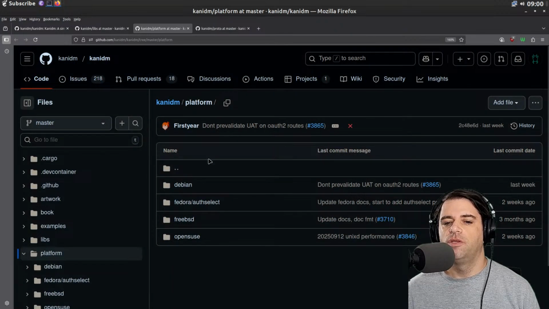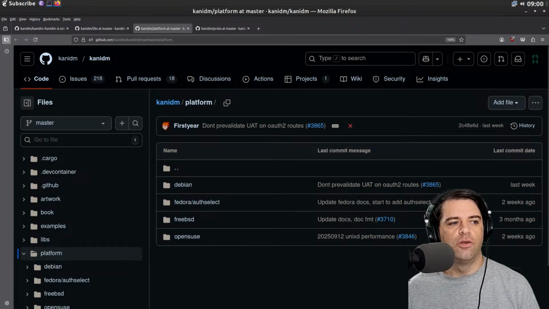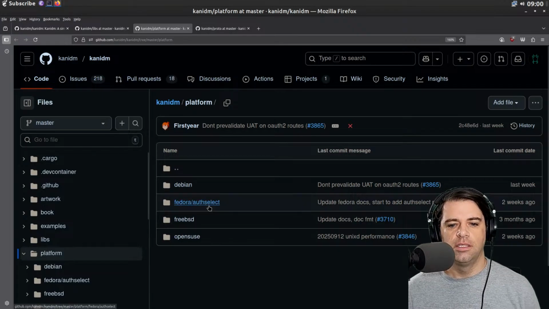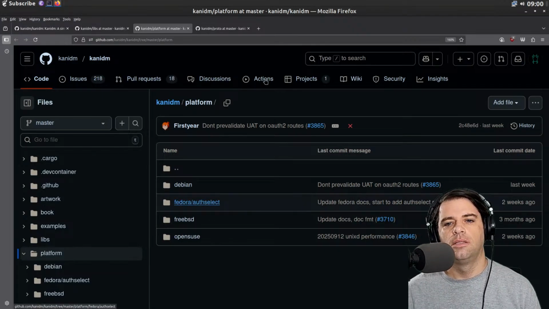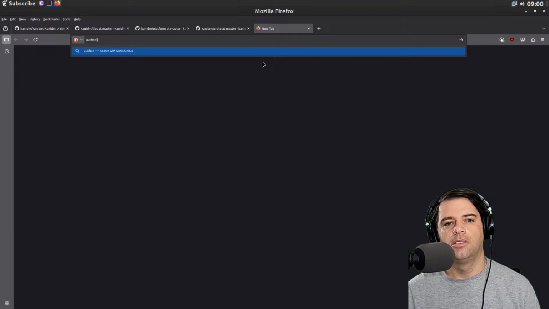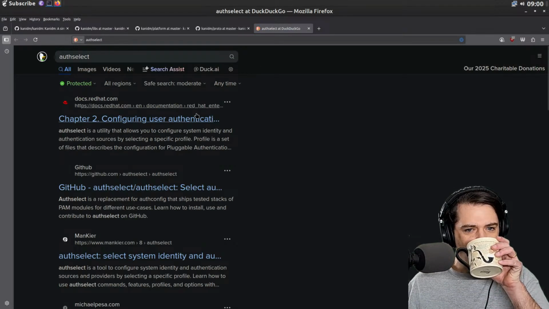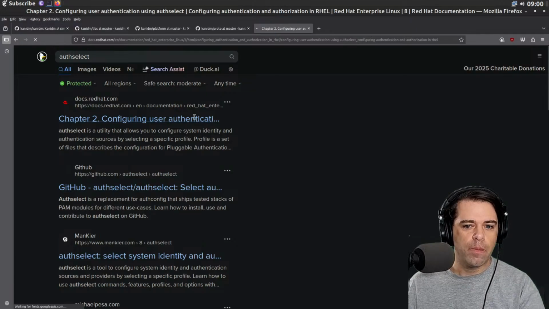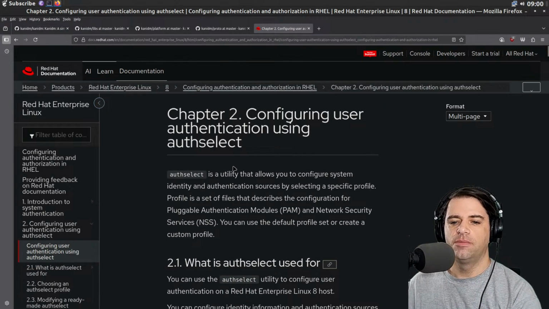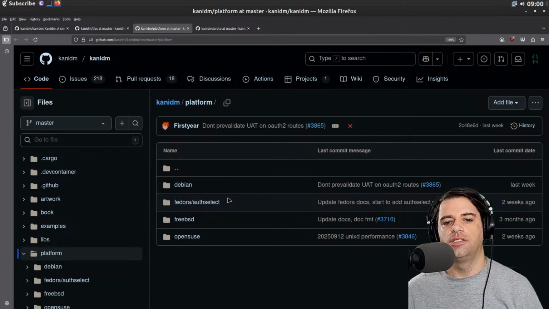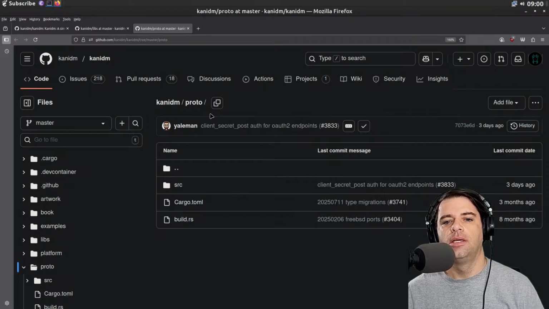And then in platform, these are maybe the different builds they have, like Debian, Fedora. I don't know what auth select is. Let's find auth select. Looks to be some utility that lets you select authorization or authentication stuff.